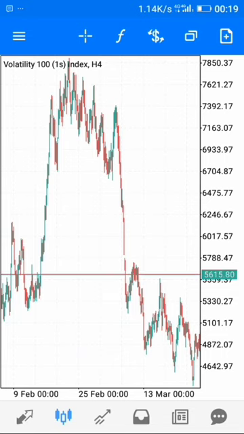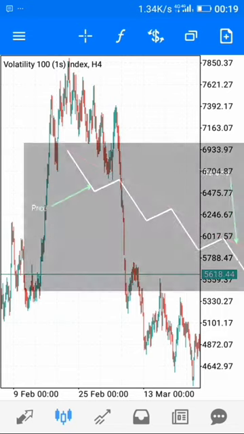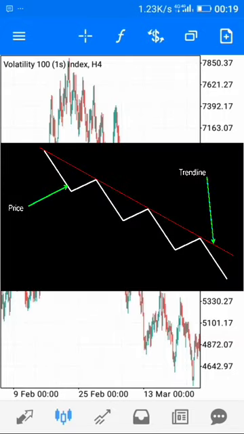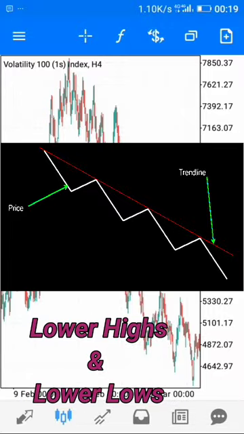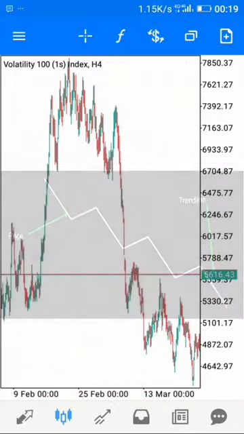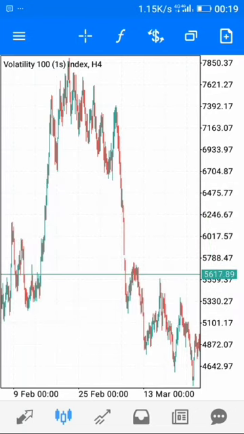But on the other hand, for a downtrend, if you can spot and connect a series of high points sloping downwards, then you should have a downtrend, because a downtrend is always characterized by lower highs and lower lows. And in this case, the trader should be looking out for sell opportunities whenever the market makes a touch on the trend line and bounces off downwards. Now, that's it.